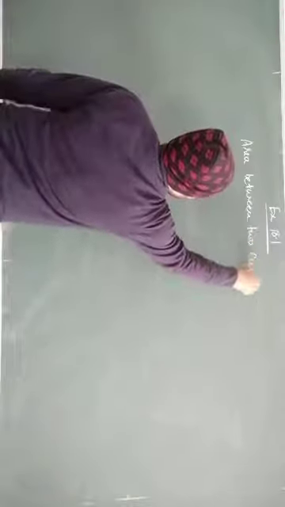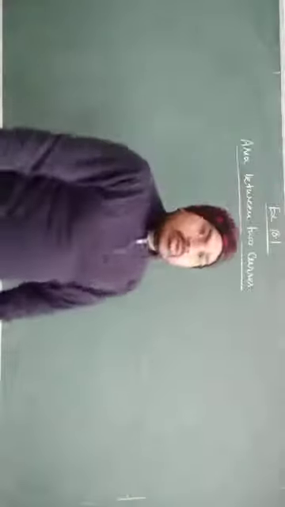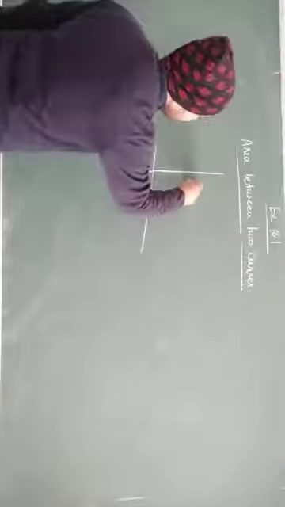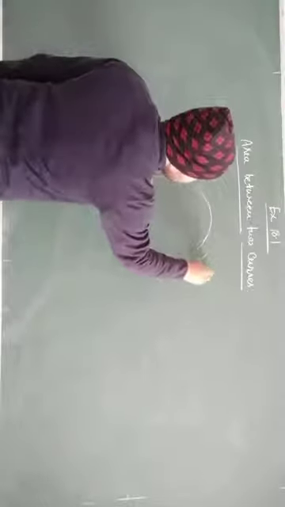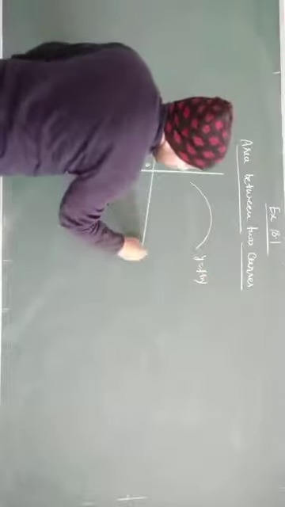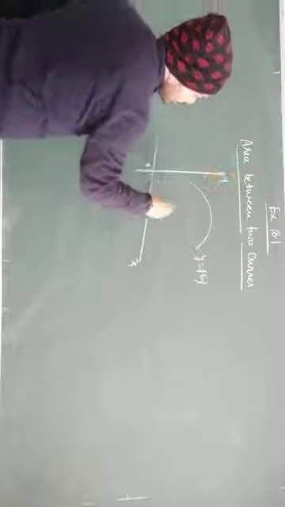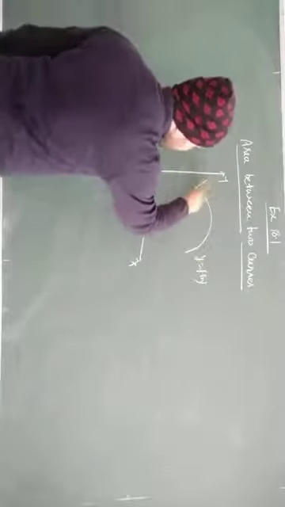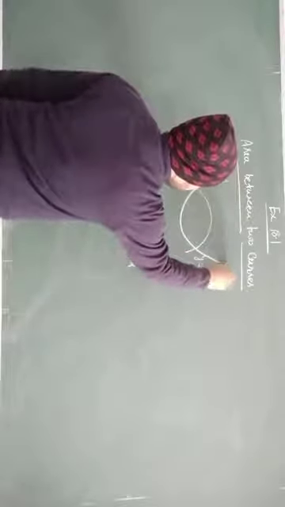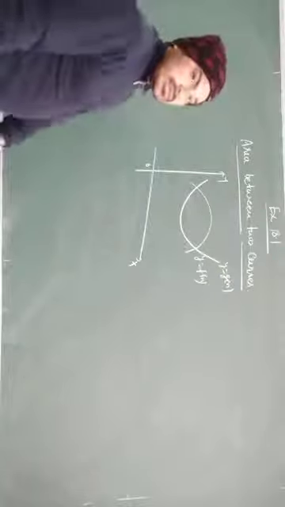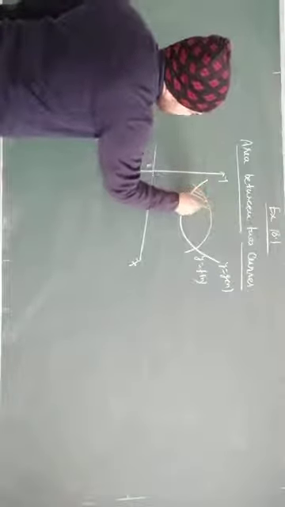Now our next topic is area between two curves. So let's start the new topic, area between two curves. For example, let us consider two curves. One curve is this, let this curve be y equal to f(x). This is the origin, x-axis and y-axis. Consider another curve, y equal to g(x). So we have to find the area of this region.